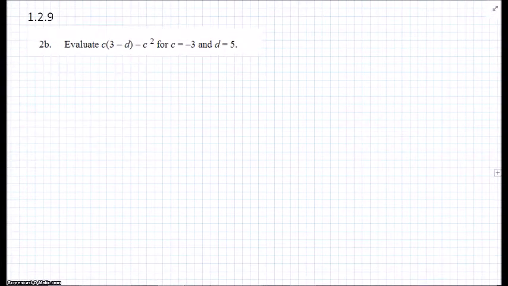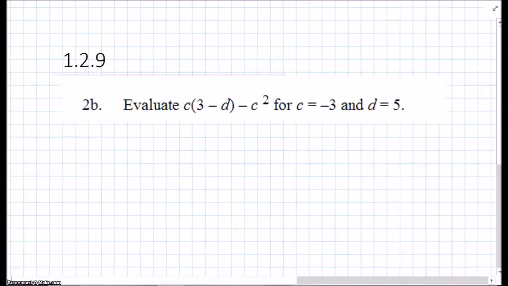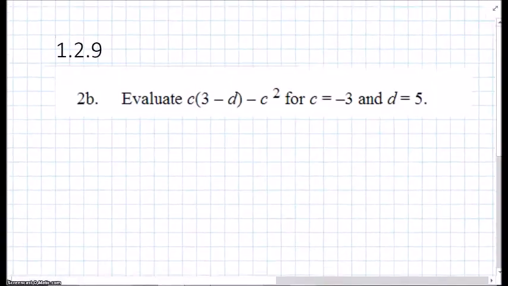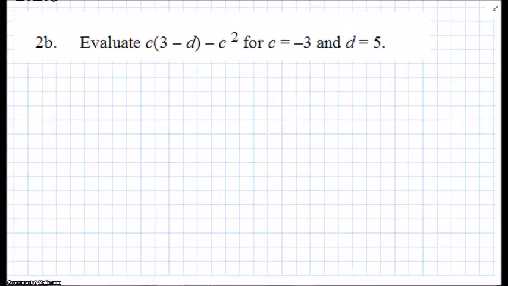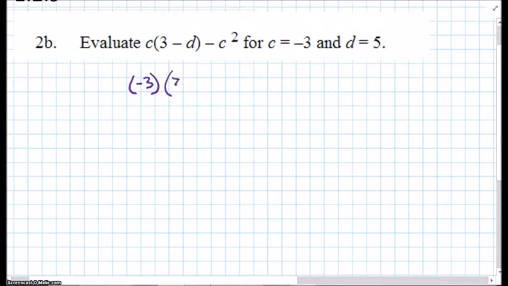Next example, evaluate c(d - 5) - c squared. So let's look at this one. Let's zoom in a little bit. All we got to do is plug and chug. Our c value is negative 3, so we're going to put it in parentheses. Again, I recommend we always put negative numbers in parentheses, so it would be negative 3 times 3 minus 5